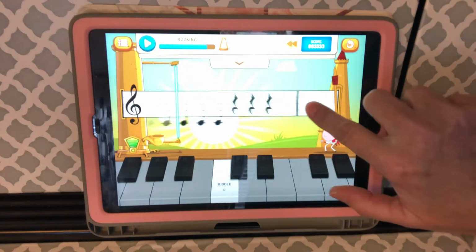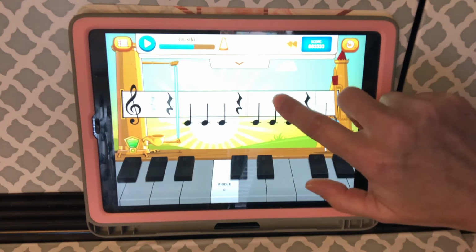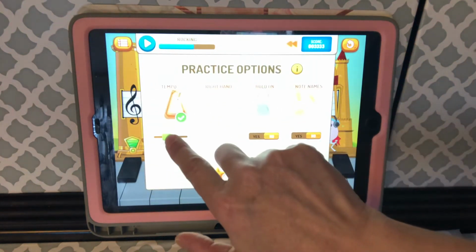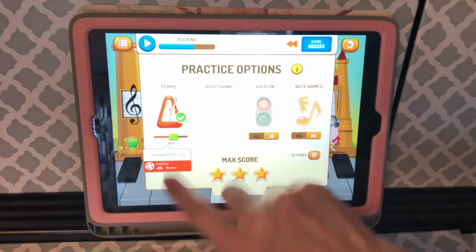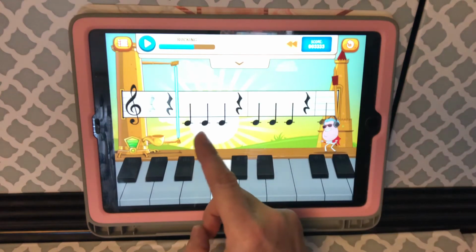Now I'm going to stop it again because there's something else I want to tell you. I'm going to bring this back up to speed because it's driving me nuts. Okay. I noticed with some of my students that they're trying to decide when to play the note